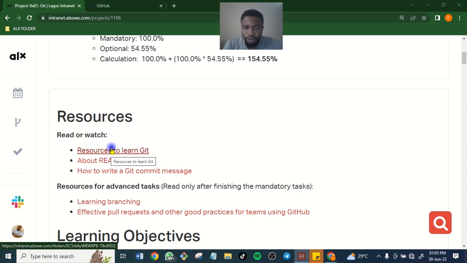Git on its own simply explains a house where programmers store their work. A house is just like a storehouse for programmers where you can keep your work, where you can save your work for other people to see. And it's also like a resource center where you can get so much information about different works. So Git is a very interesting place that you will need to know much about.